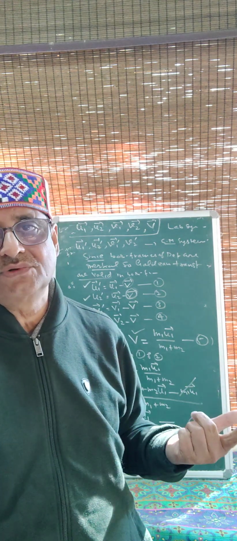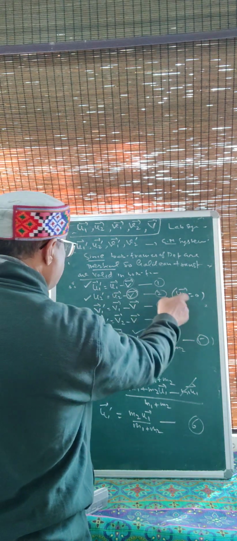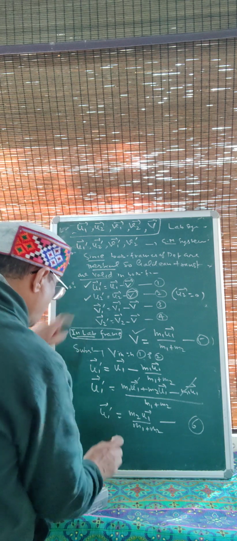u2 is always the velocity of m2, and since m2 is at rest in lab system, so u2 is equal to 0. यहाँ पे आप ये भी लिख सकते हो, here u2 is taken as 0 because this is lab system. तो ये लैब सिस्टम की वेलोसिटी है, u2 equal to 0. So therefore equation number 2 becomes